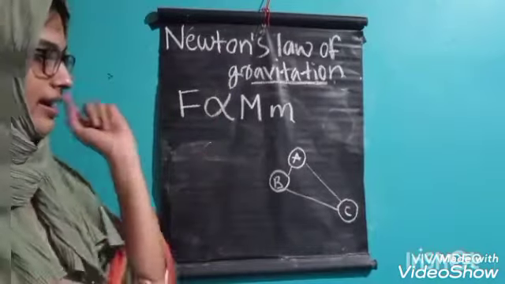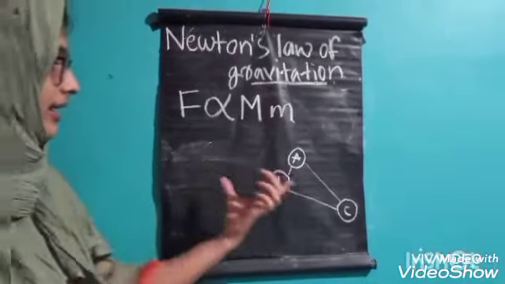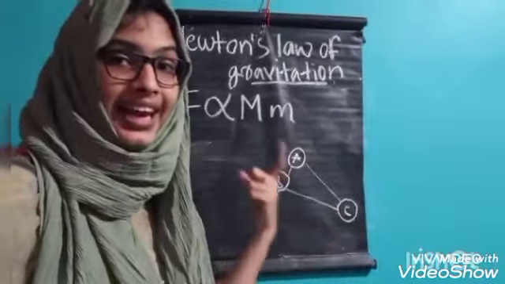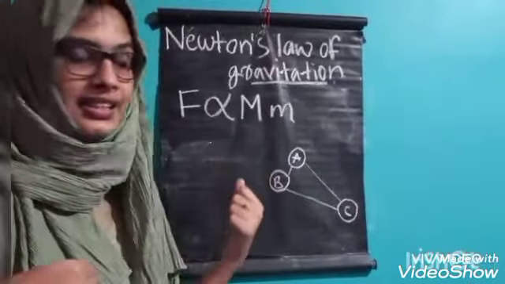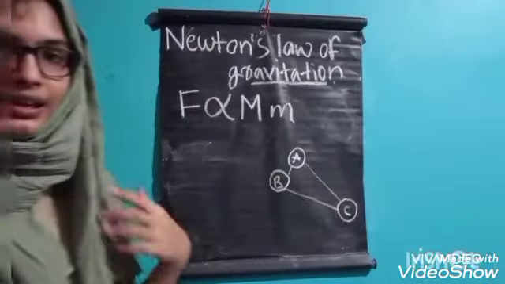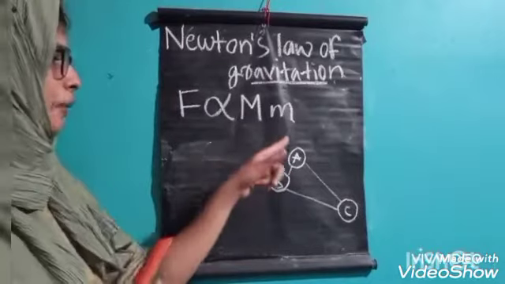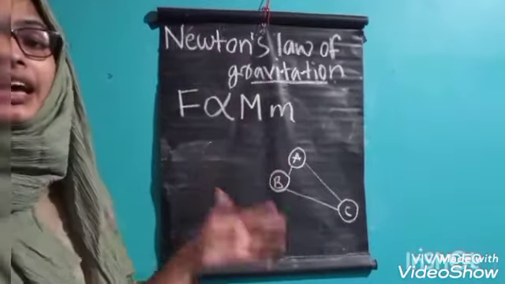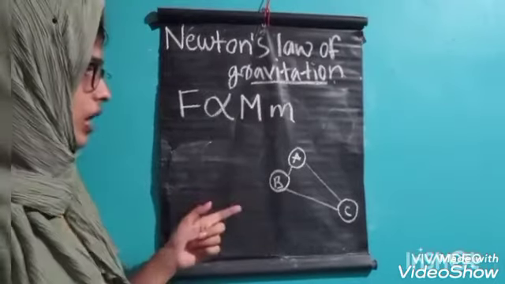Here I ask you a question: which pair has the greater force of attraction, AB, BC or AC? Yes, from the figure we can clearly say that objects A and B have the greater force of attraction. Because